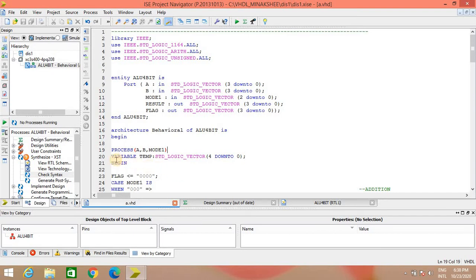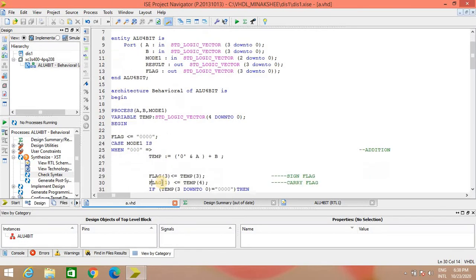So here we have defined one variable temp, std_logic_vector 4 down to 0. So this is a 5-bit register with the name temp. And then we have cleared the flag with the statement flag assigned 000. Then we will start with the different case statements.